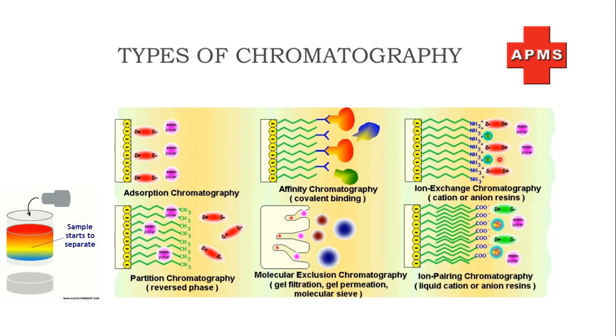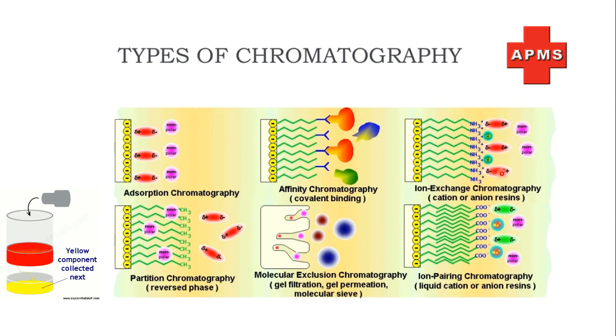Okay, one anion or cation will be captured by this membrane, this resin, and the other will go through the column. So here we see that these non-polar components which are present in the mobile phase do not interact with this resin, because these resins contain positive or negative charge. So these interact with this.